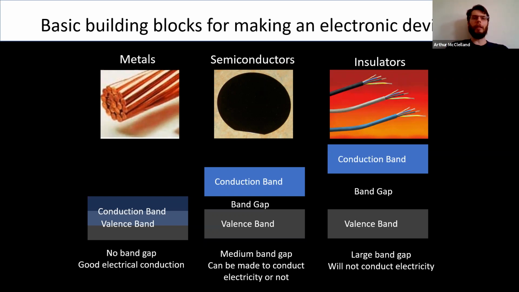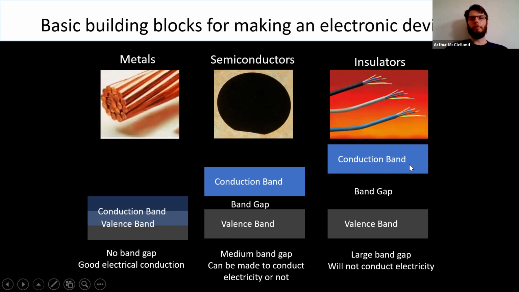And that's really key to making a useful device, being able to control when the electrons are flowing and when they're not flowing. And finally, we want some insulators. So we want to be able to block electrons from flowing wherever we don't want them to flow. In your normal household wire, there's a polymer plastic coating on the outside of the wires to keep the electricity from going where it shouldn't go. And basically, to have an insulator, you need a wide band gap material.